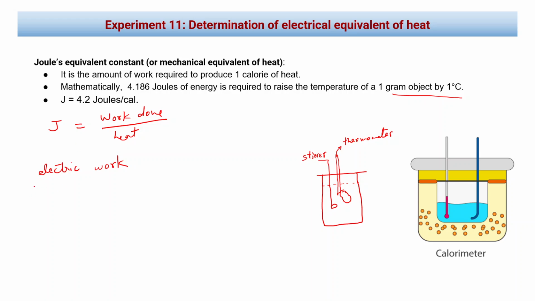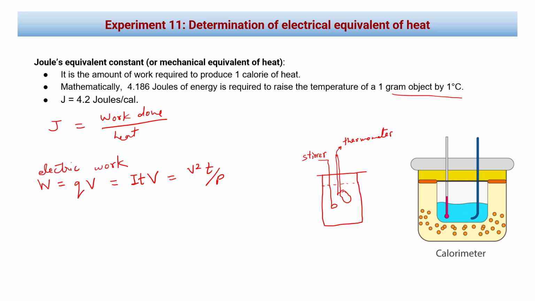Since we know that the work done when current flows in a wire is given by the charge times the potential difference, and charge is current times the time, because current is the flow of charge per unit time, so electric work W can be written as Q times V, or I times t times V, or